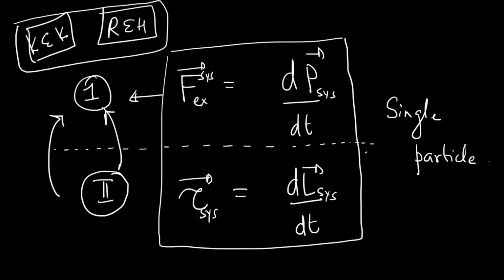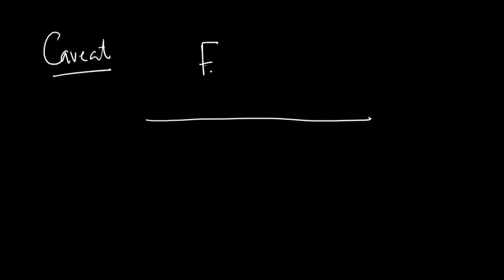Now you will read K and K and R and H to convince yourself that they're two separate things when we come to a system, and mostly we are interested in a system of particles. A single particle would be too restrictive. But having said that, there is another nice caveat to the whole thing: this is surprising, but I think there are a considerable number of examples